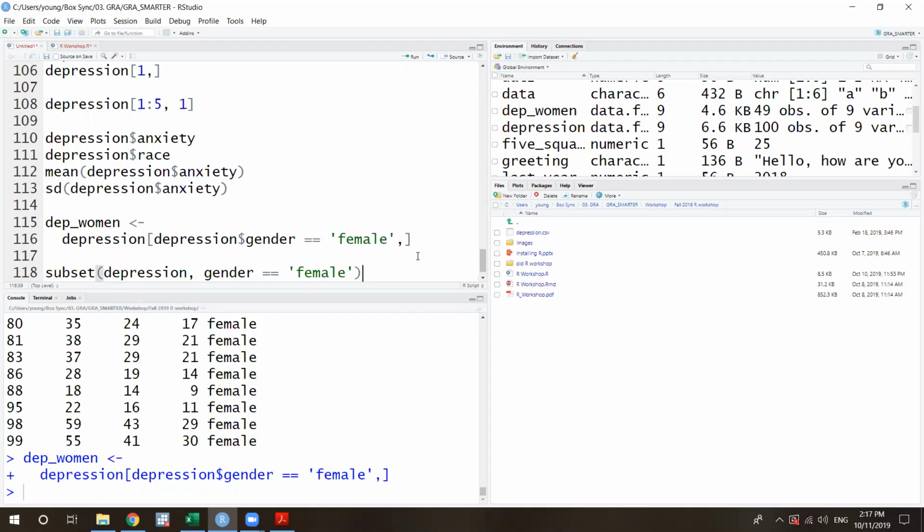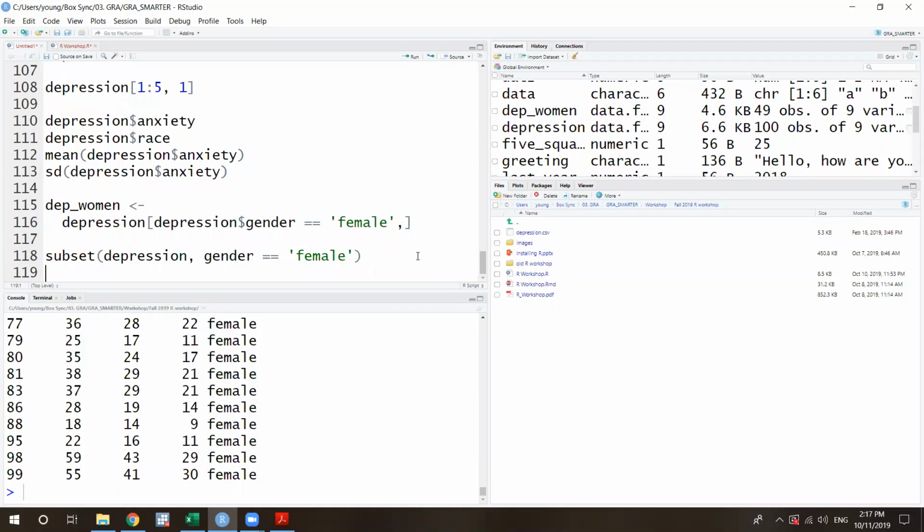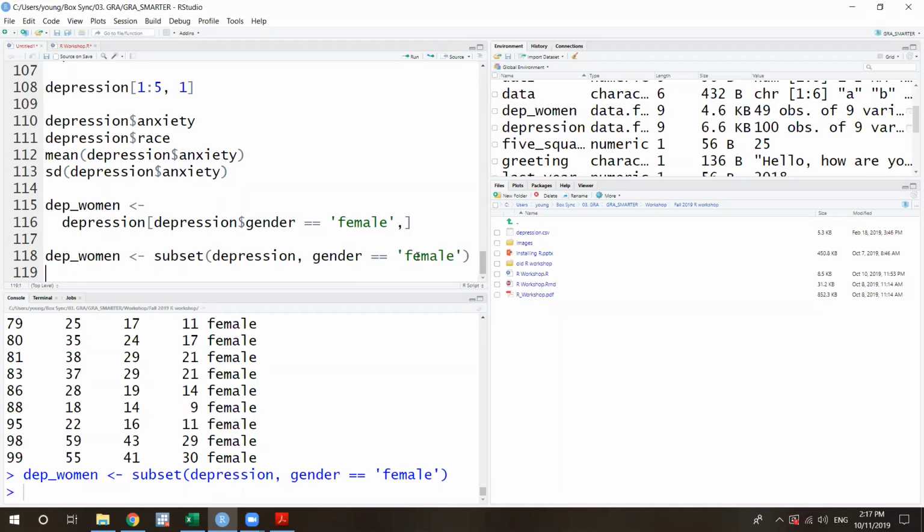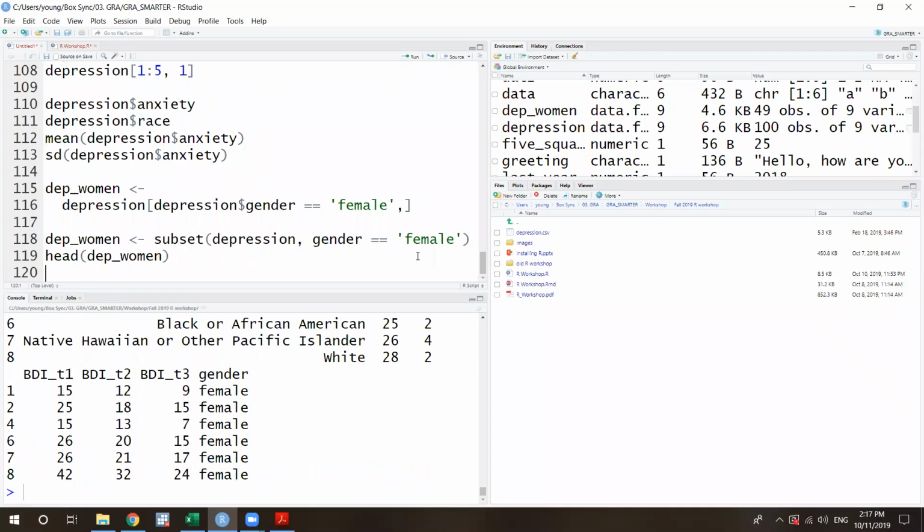This is more straightforward actually. If you run this, it's gonna give you only the data for female, and then we can still assign this to depression woman. If you want to see this data, it's gonna be only the female, you can see here.